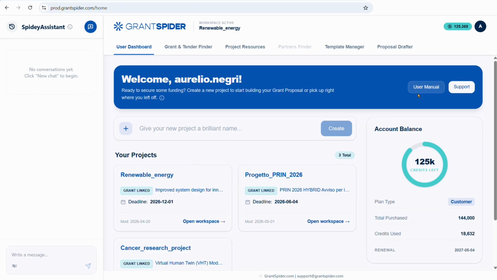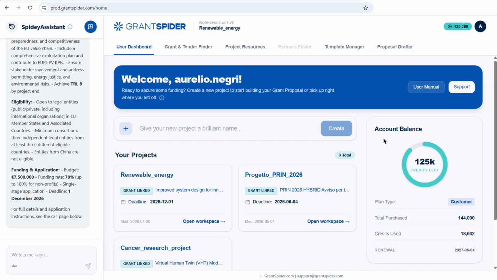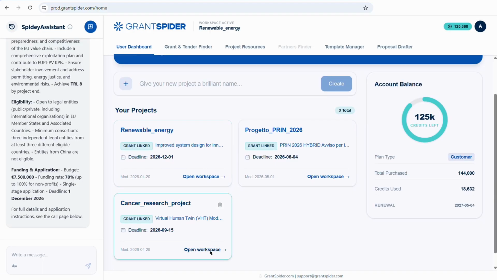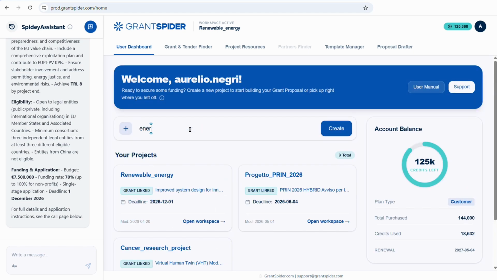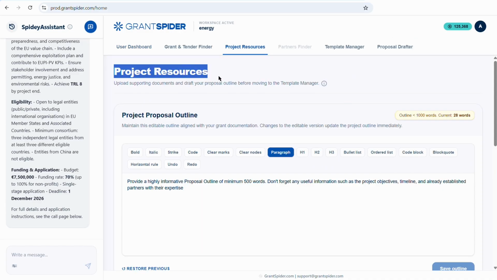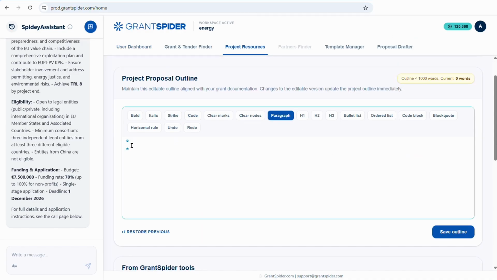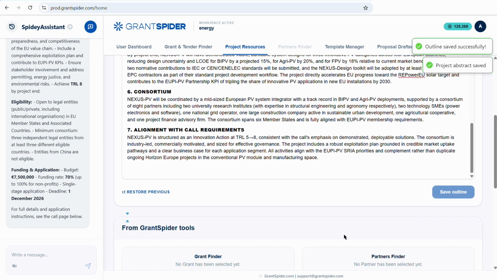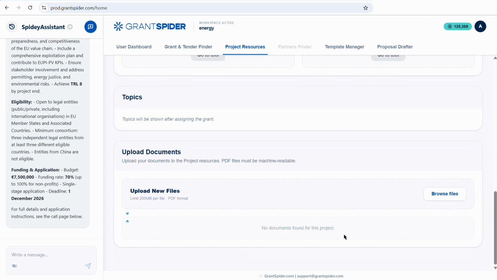From the user dashboard, users can review the user manual, monitor their account balance, and modify their settings and billing information. To work on a grant application, users can either open an existing workspace or create a new project. The Project Resources module is where all the information relevant for the project is gathered. Users can write or copy-paste an initial project outline and upload supporting documents such as scientific articles, public reports, or